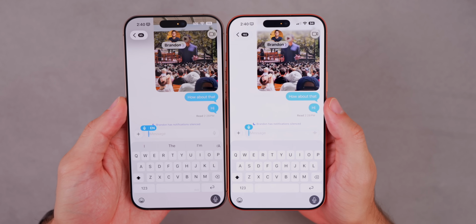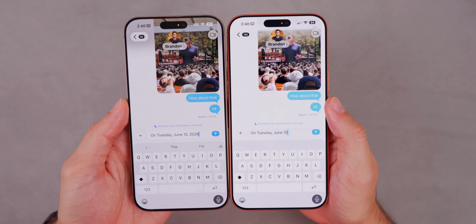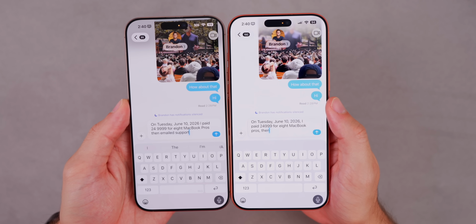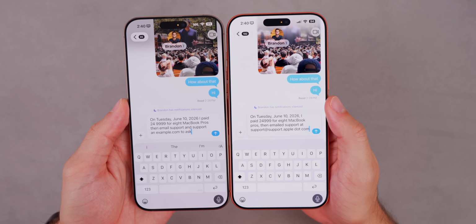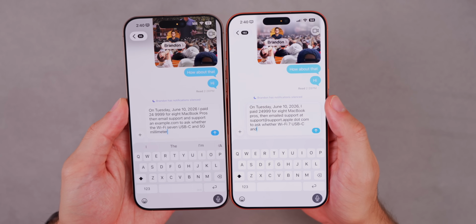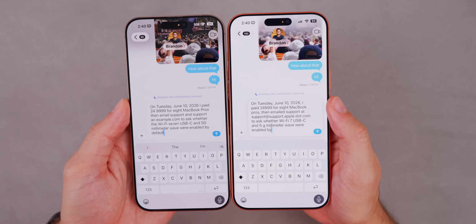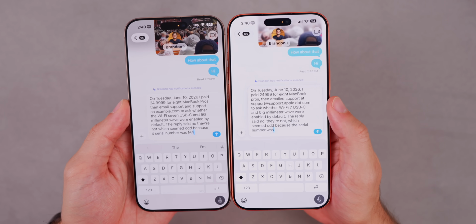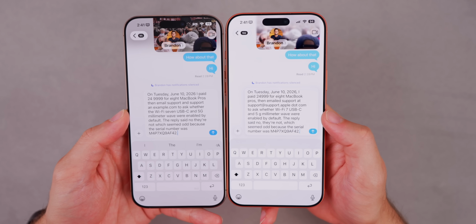On Tuesday, June 10th, 2026, I paid $24.99.99 for 8 MacBook Pros, then emailed support@example.com to ask whether Wi-Fi 7, USB-C, and 5G millimeter wave were enabled by default. The reply said no, they're not, which seemed odd because the serial number was M4P7XQ9 AF42. Okay, so that was a relatively easy one, but you could see some of the differences in the